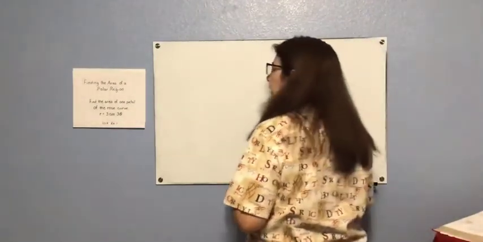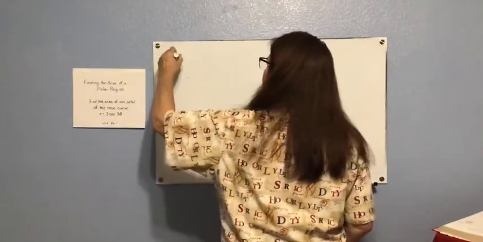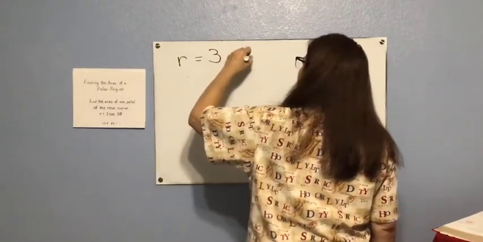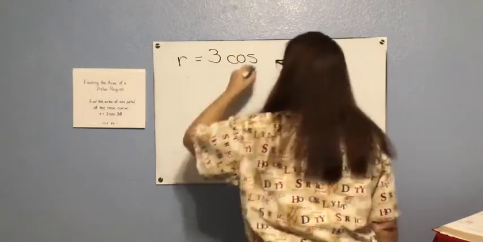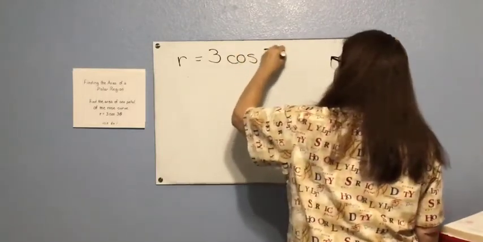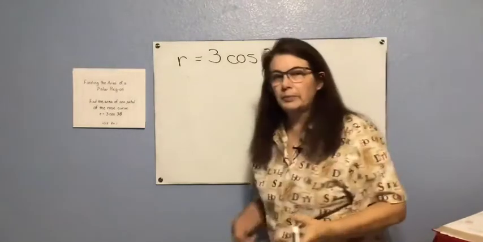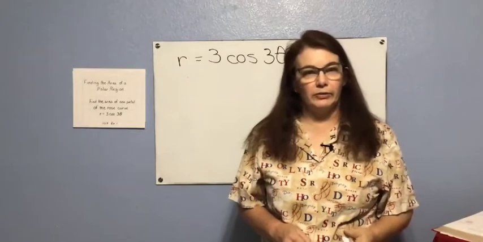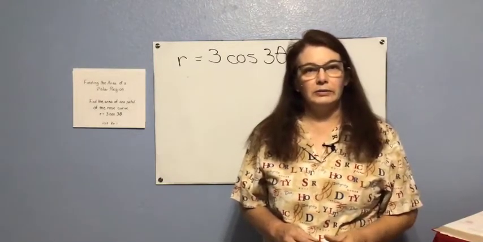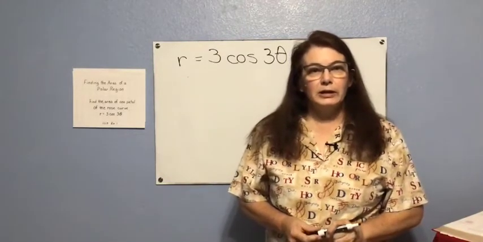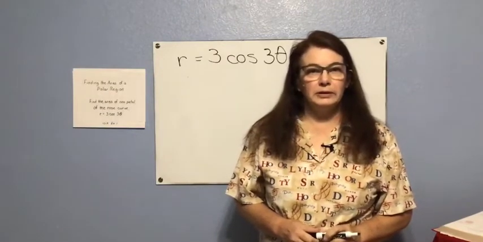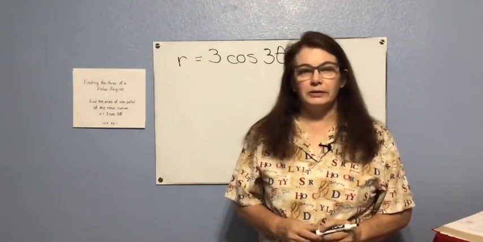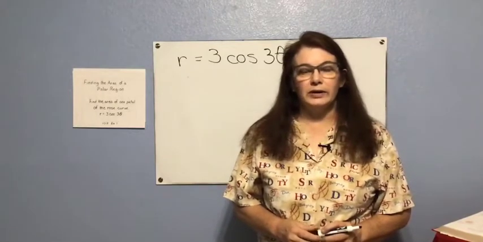Okay, we're going to find the area of one petal of a rose curve. r equals 3 cosine 3 theta. For the problems in this section, I'm not going to spend a lot of time showing you how to graph them. I did show you how to do polar graphing in the last section, but I will provide you with a picture for each of these problems. I think it's very helpful to have a picture